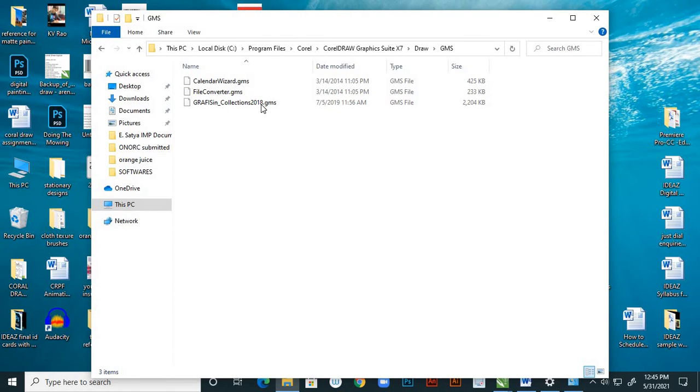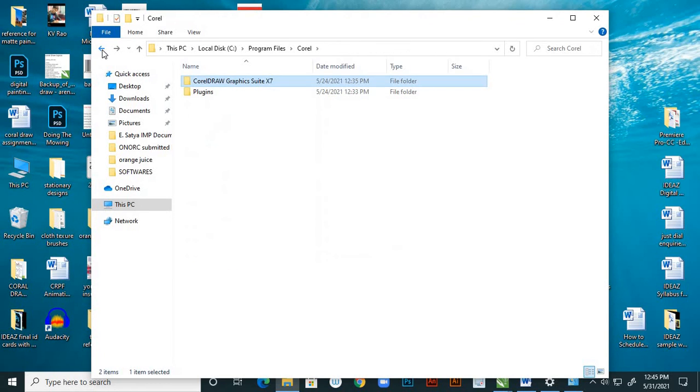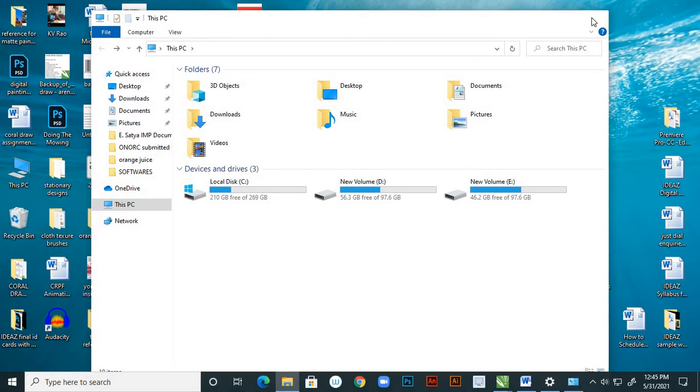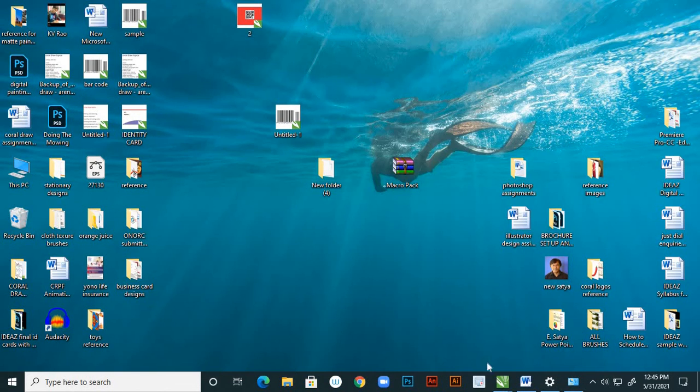See, I already pasted, right? So if you don't have these macros in your old version of CorelDRAW, you have to download them from the internet and install them. Just now I explained the process. In that process you have to install.